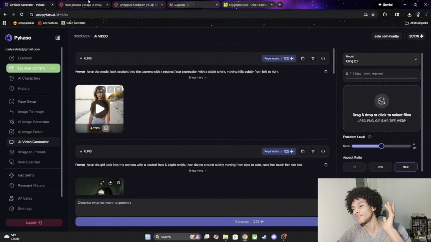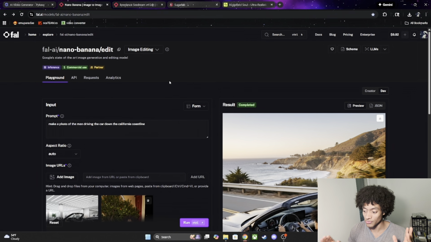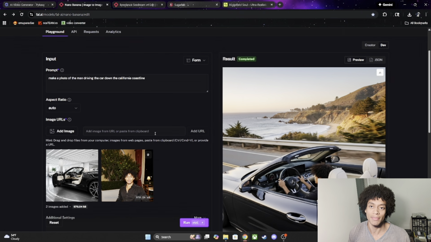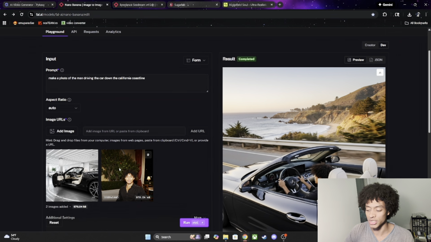Now we have the Nano Banana. I'd say that the Fal AI Nano Banana one is very good, and very realistic. And you can definitely make your model on here. So if you have a base image that you want to base your model off of, let's say you generated your image on Picasso already or on Sugar Labs or wherever, and you made your model, you can definitely just add it on here and generate new images.